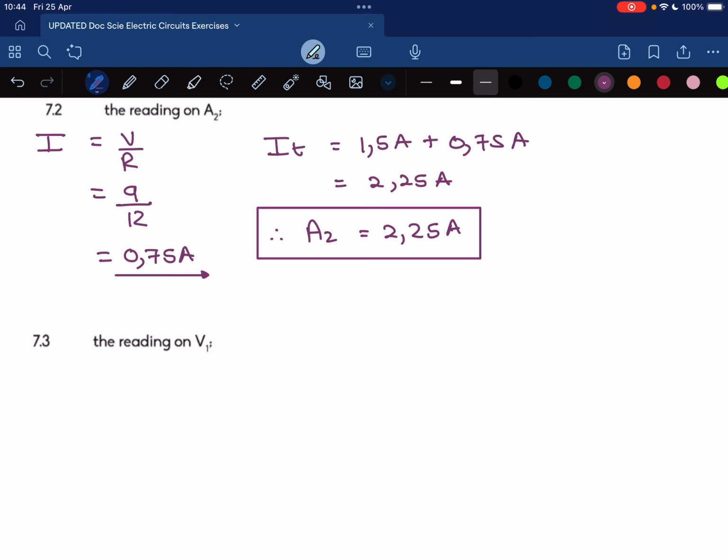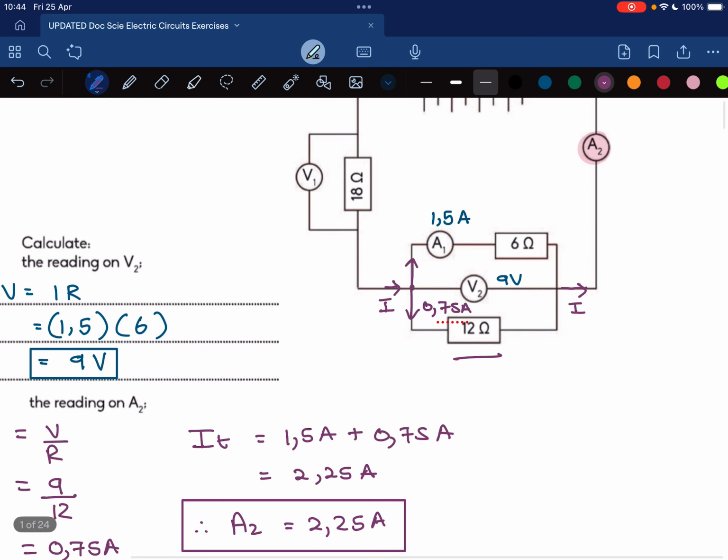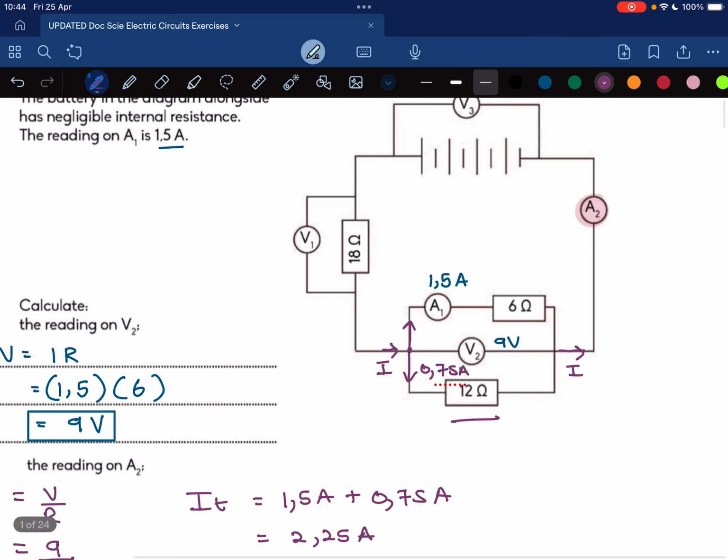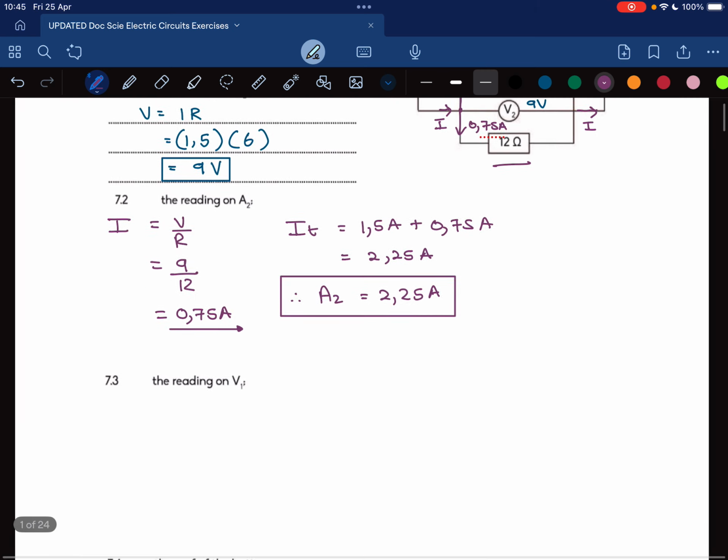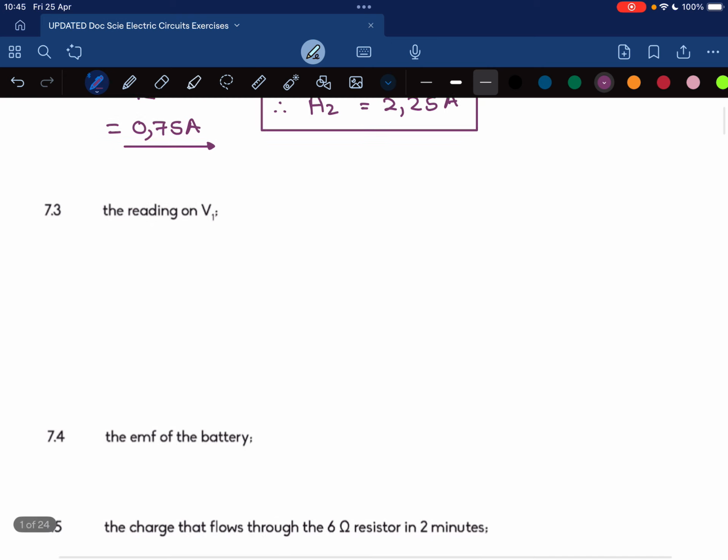Okay, so now let's have a look. 7.3 is to calculate the reading on V1. Now V1 is the voltmeter here. Now I know that the total current is 2.25 amps, which means it will still be 2.25 amps here as well. So then it's quite easy to calculate the reading on V1 because I just have to use Ohm's law